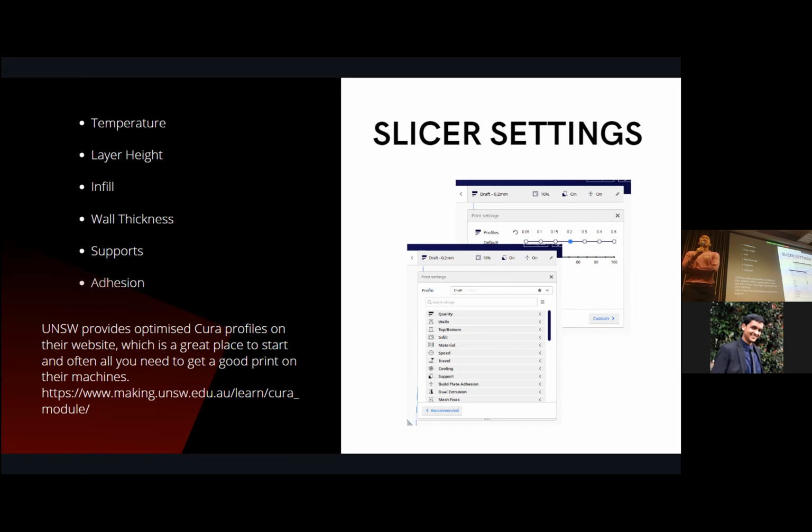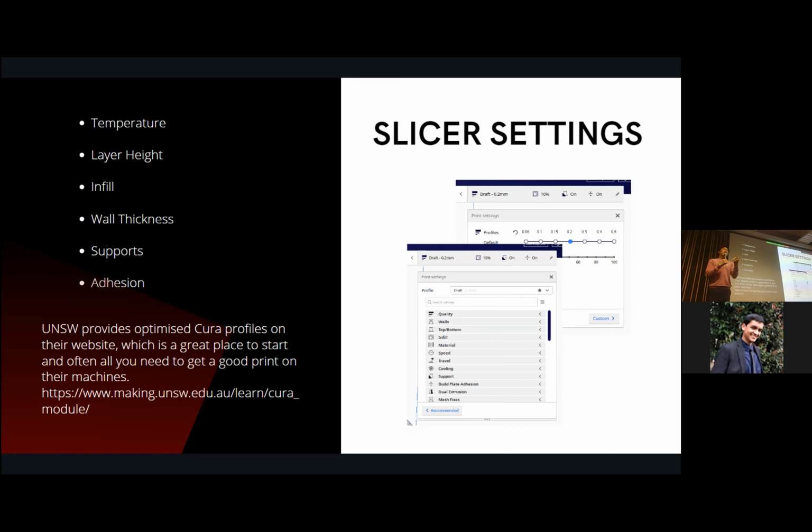And finally, adhesion. There are a few things that the slicer can do to improve the ability for the print to stick to the bed, such as a skirt, which I think is just a line, a ring around the print. The main purpose of a skirt is to prime the nozzle, so when you actually start printing the thing, the nozzle will be primed. A brim will actually basically have